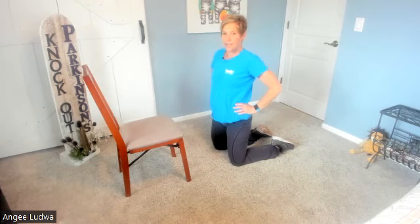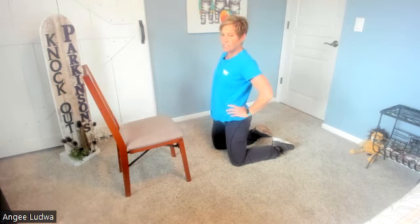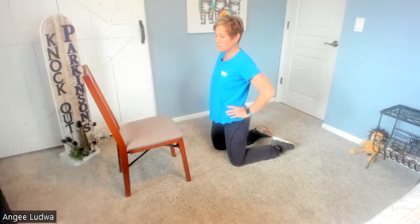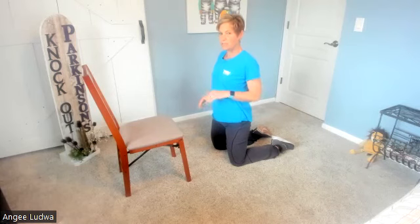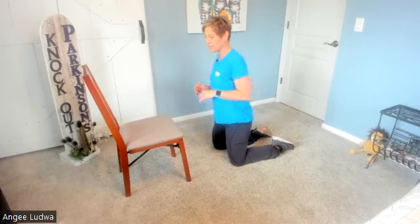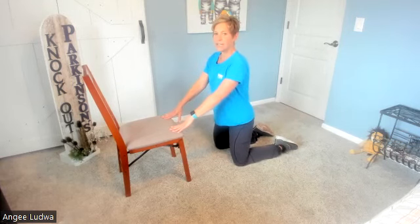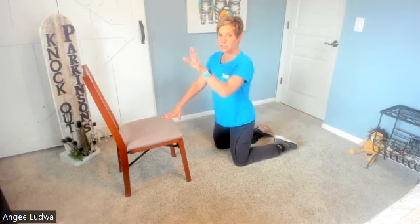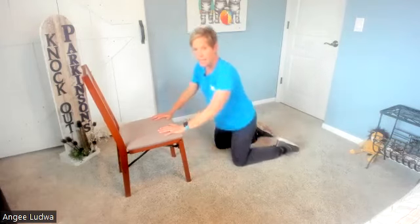So let's try, if we can, to keep the big movement, but do it a little bit faster. Let's see if we can get our heart rate up a little bit with this move. All right, are you guys ready? We'll just do 10, but we're gonna try to go big and a little faster. Okay, so hands on the chair. Always do what you can do, right? Listen to your body, by the way. Okay, here we go. Down, power up, and step, and